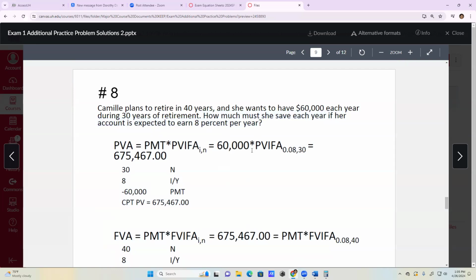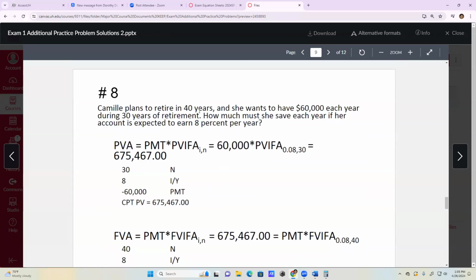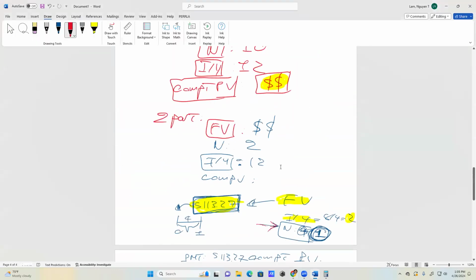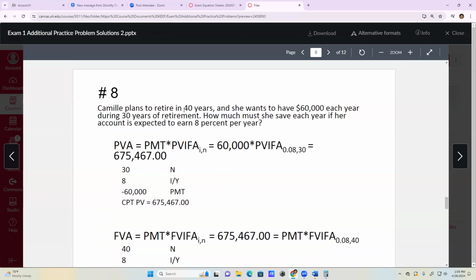When you come to this problem, you want to divide it into two parts, like before, where I told you to do it in two processes. It's the same with this one. After 40 years, she wants to spend 60,000 each year. The only tricky part about this one